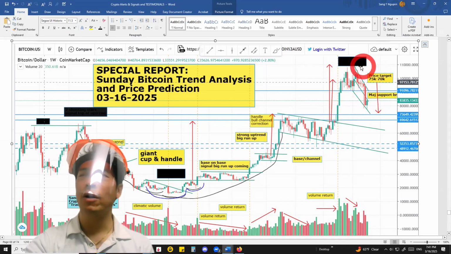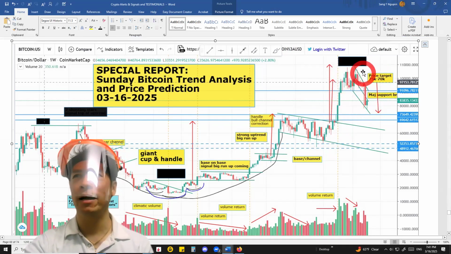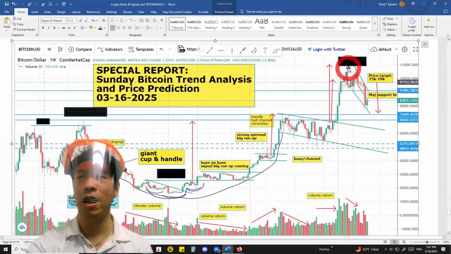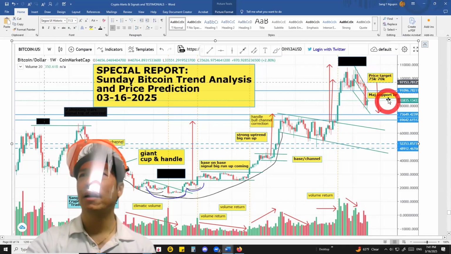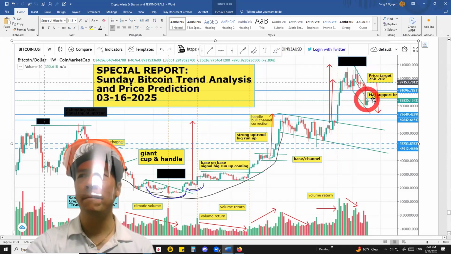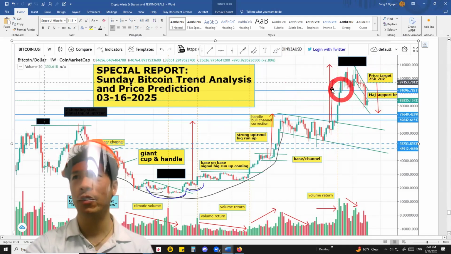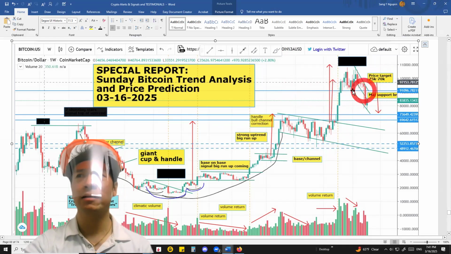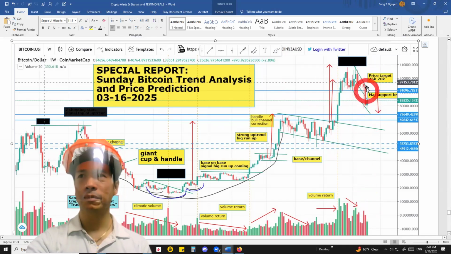Okay. Now, what happened is Bitcoin made a second top. So Bitcoin made a double top, or two tops. And then after that, Bitcoin broke major support. You can see by this solid blue line going across right here is major support. And once major support is broken right here with this big red candle,